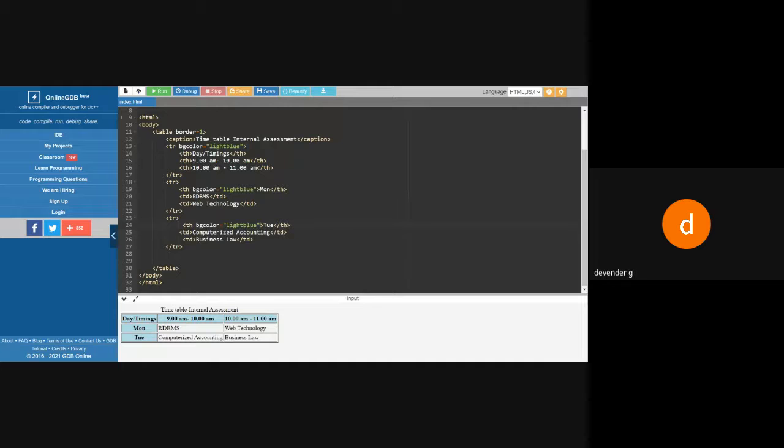Seeing the code, you may think this is a very big code, but if you keep in mind and recollect the previous programs, automatically you will be writing the code on your own. The only thing is that you should know at which time you have to implement those things, and what the attributes are, what the values are. If you know, then you can easily write the code.